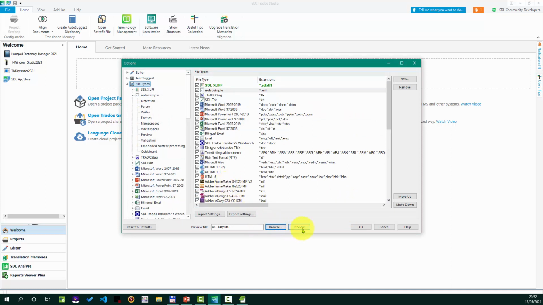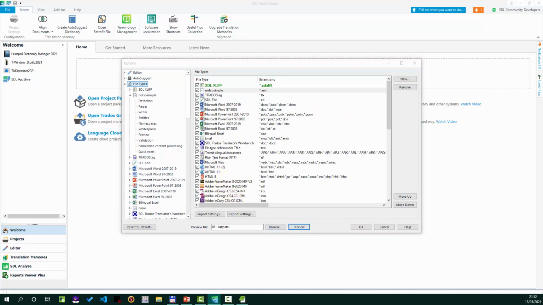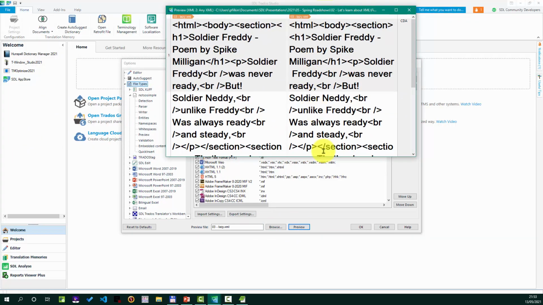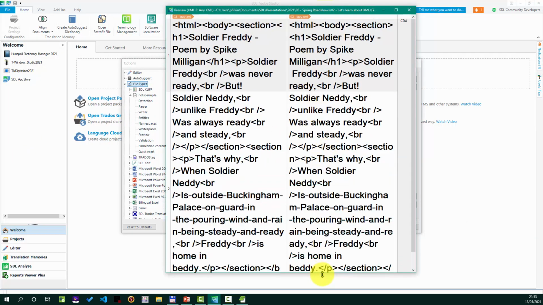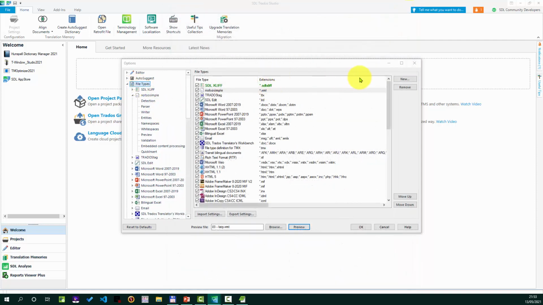So in here, if I preview this one, I'm going to get what we looked at before, which is just all of that content extracted as text, which is not helpful for me. I want to be able to deal with this. And the best way to do it is to create a custom file type. So I'm going to click on New,